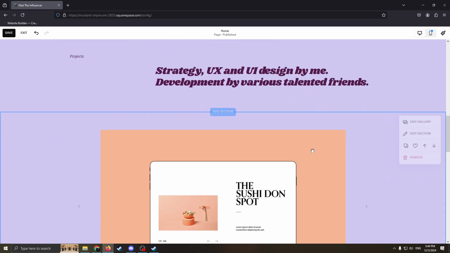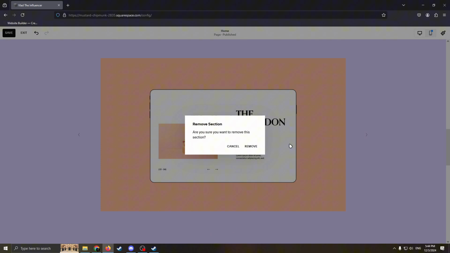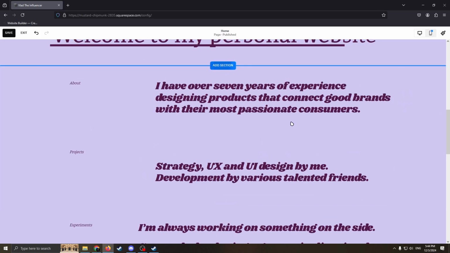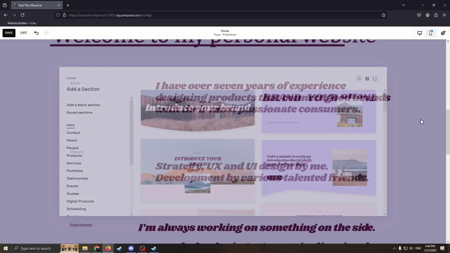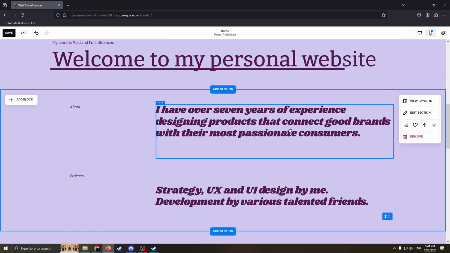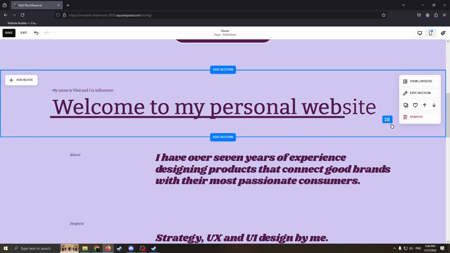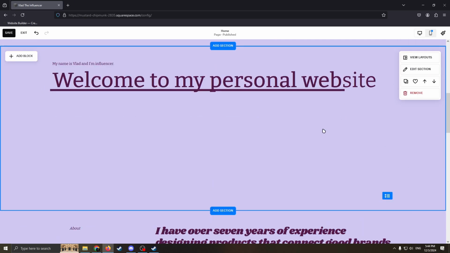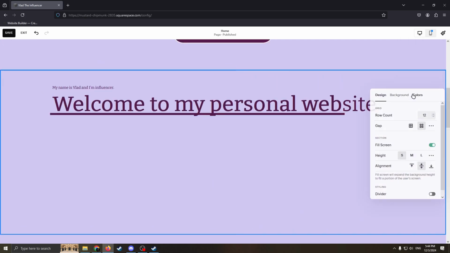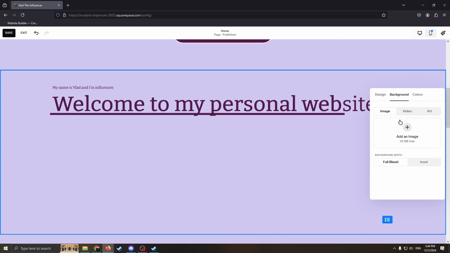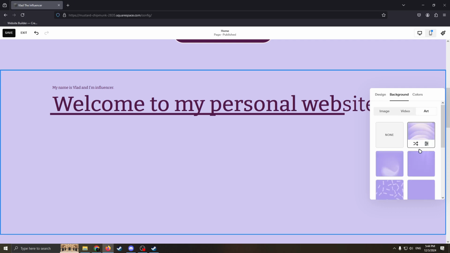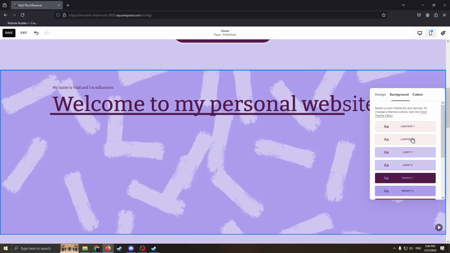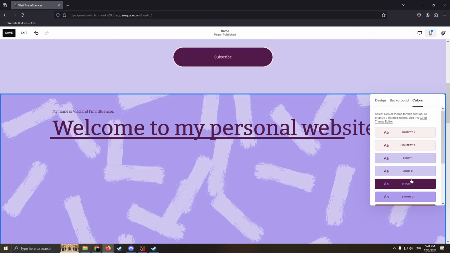So also you can delete whole section like this, and you can add a new section like this, and you can work with backgrounds. For example, this section you can do it bigger, and you can use a background edit section, background, and you can add an image as a background or even video as a background or art, like this. Or you can change the color of background easily,